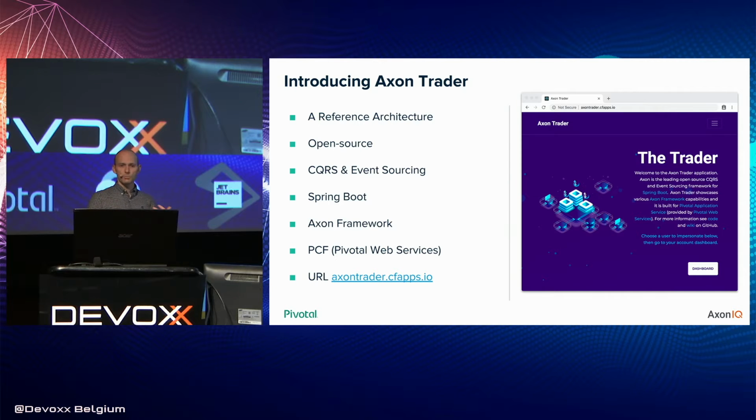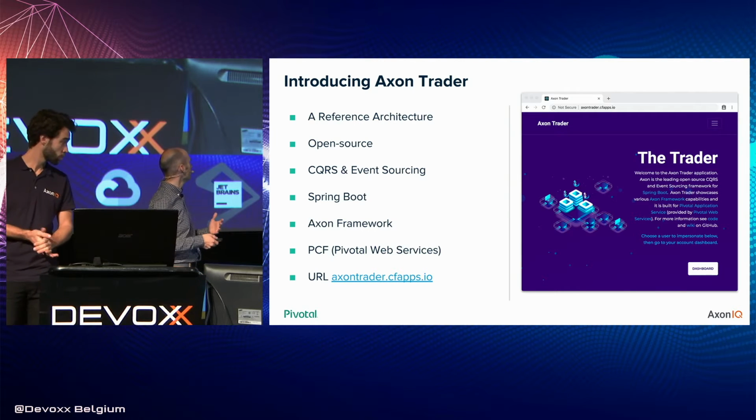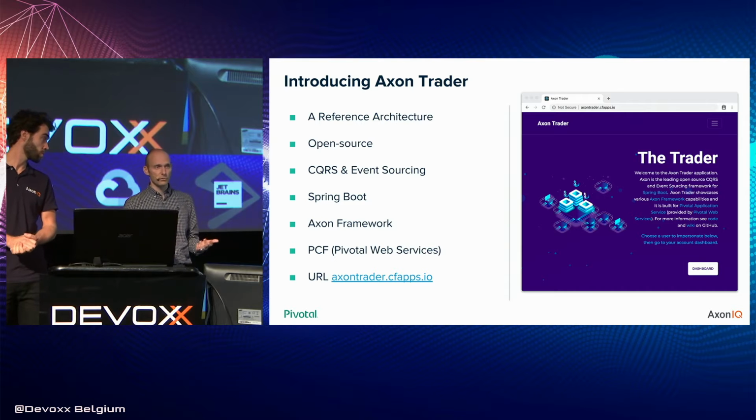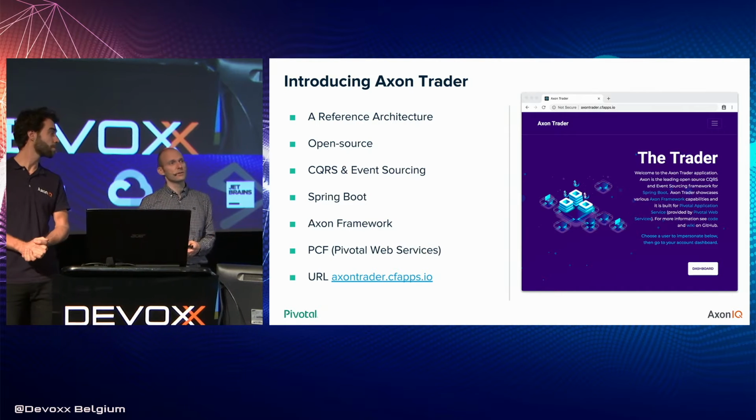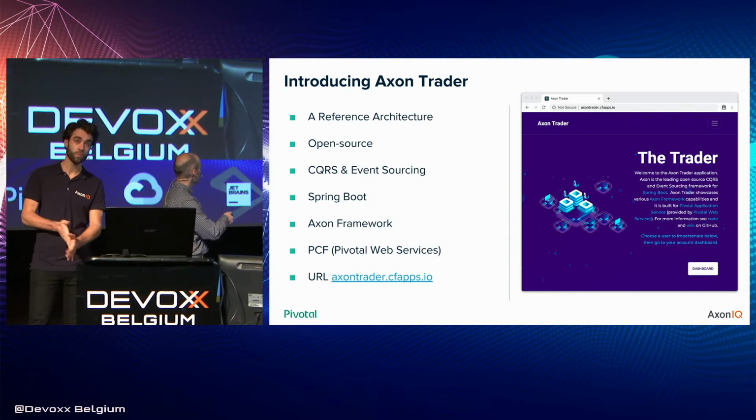It's built on Spring Boot. And it uses quite extensively the Axon Framework, which is something that we'll hopefully show you today. And it's hosted and developed on top of Pivotal Cloud Foundry. So we use Pivotal Web Services for this. If you would like more information about that, then you can find it here at